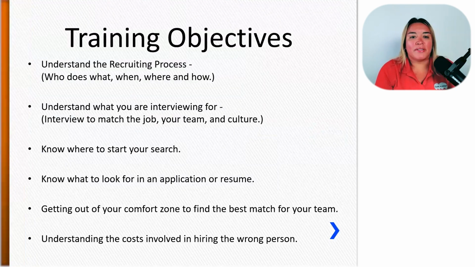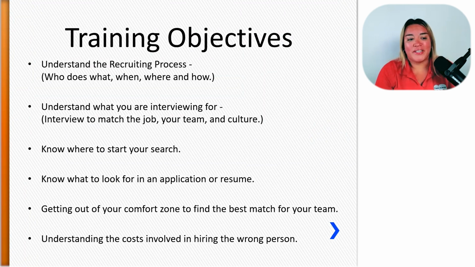We're going to talk about the entire recruiting process today. The what, the when, the where, and the how. We're going to talk about what you're interviewing for. We're going to talk about how you start your search. We're going to talk about what to look for in an application and a resume. And we're hopefully going to get you out of your comfort zone to make sure that you find the best match for your team. And we're also going to talk about some of those costs involved when we hire the